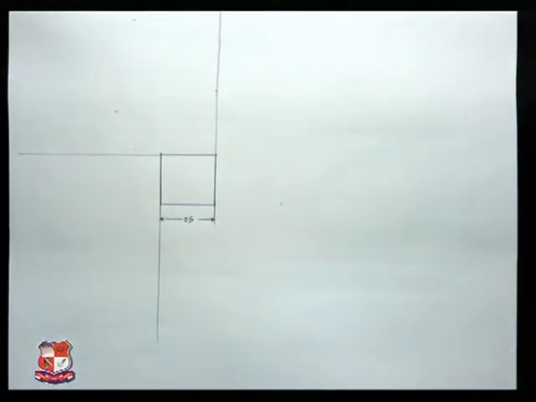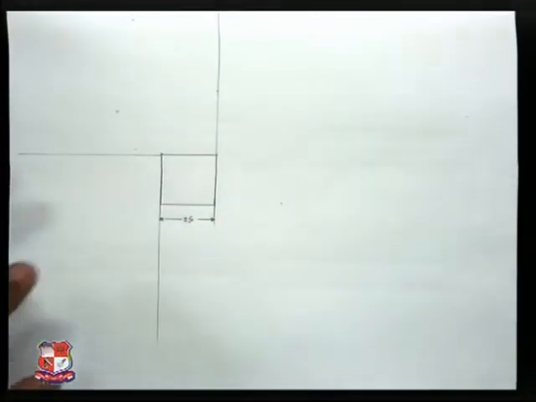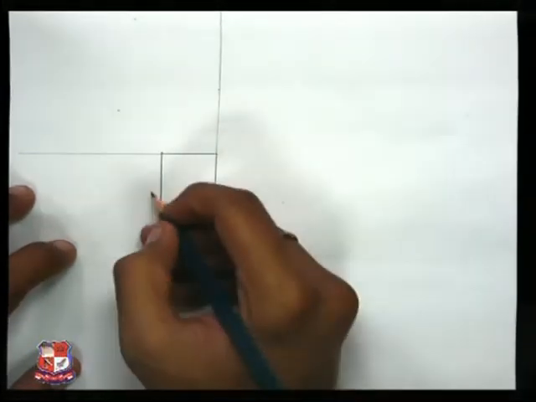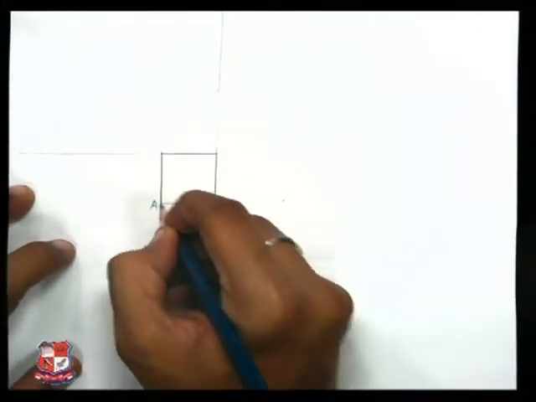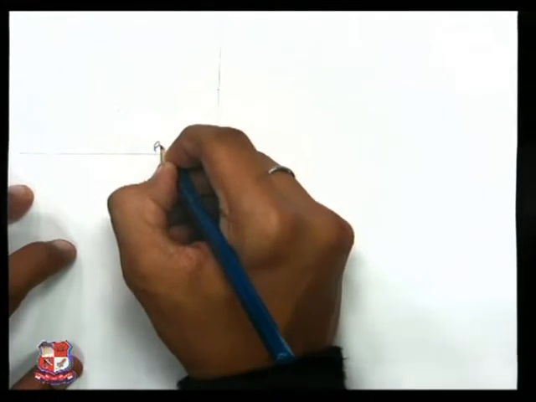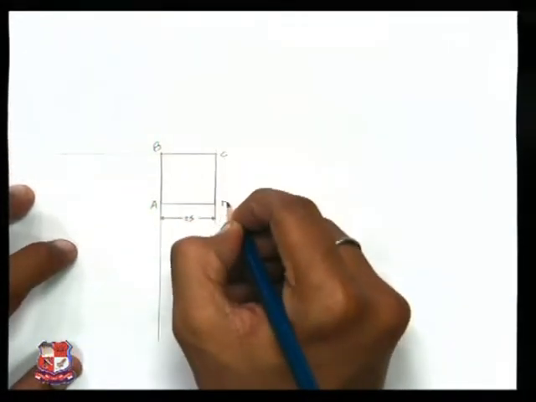As you can see, I have extended these side lines. I'm giving the nomenclature A, B, C and D.